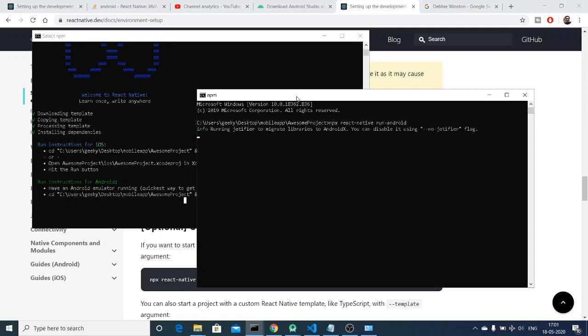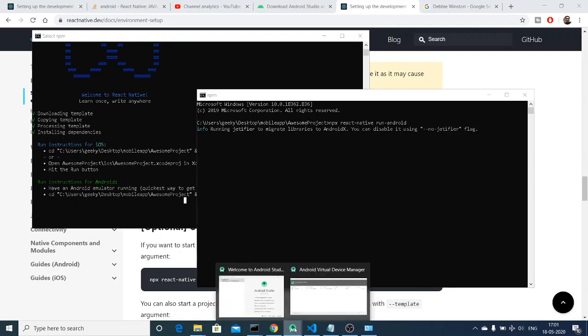Now you will see that it will surely be giving me an error because I have removed the entries from the path variable. If you are doing it for the very first time, you will be greeted with these errors, and after you get these errors, I will be showing you the solution on how to tackle them. So just wait.